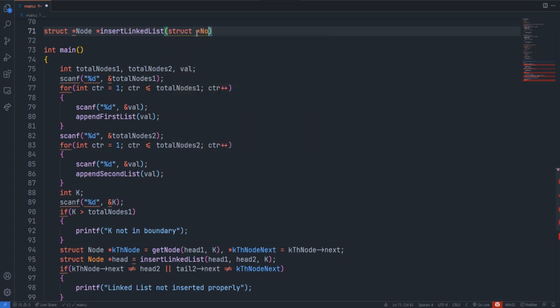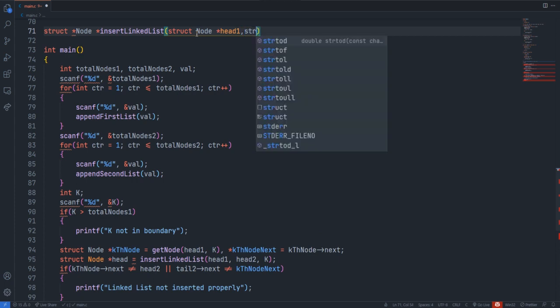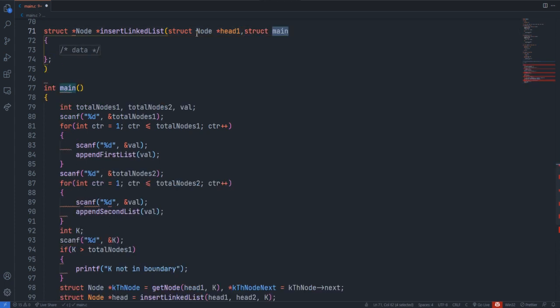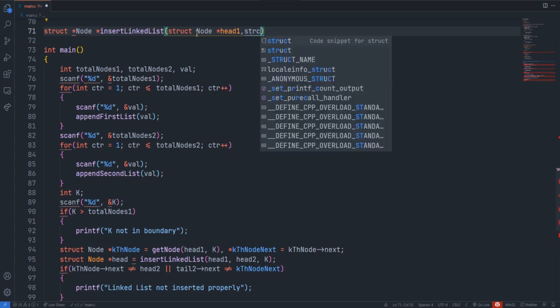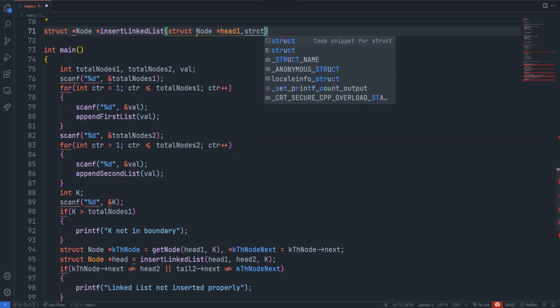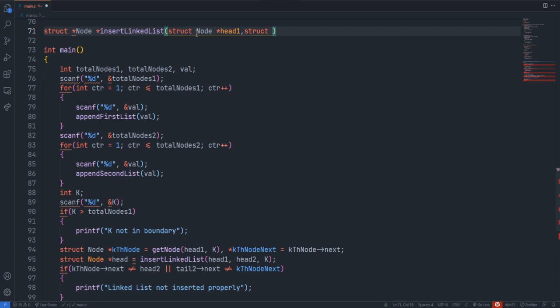Struct node star head 1, and struct node star head 2, and then the integer value k, int k.